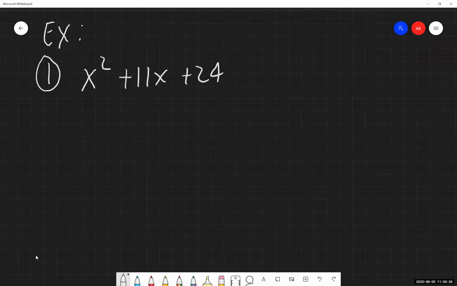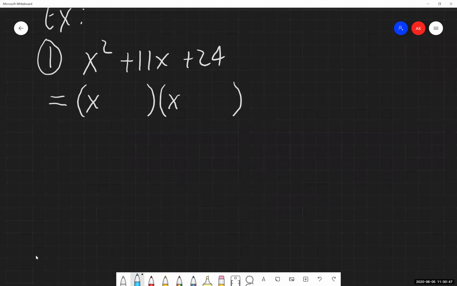So what we can do for ourselves is say, okay, if I get something that can factor, I get x plus or minus something times x plus or minus something else. We're going to fill in these blank spots once we have our m and our n value, the other 2 numbers that we're going to find here. So going into step 2, we need to find 2 numbers, m and n, that do 2 things. They multiply to equal our c value, and they add together to equal our b value.